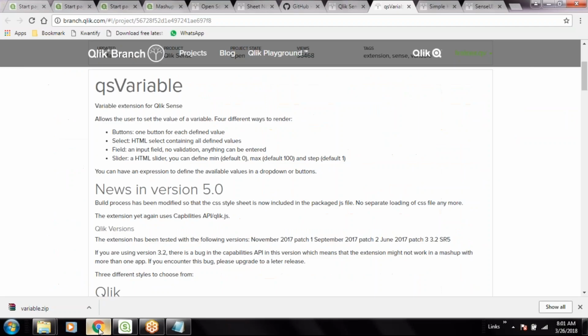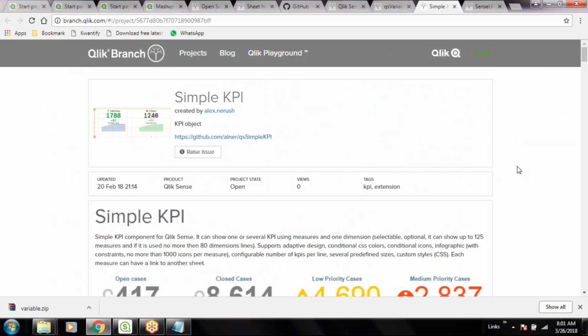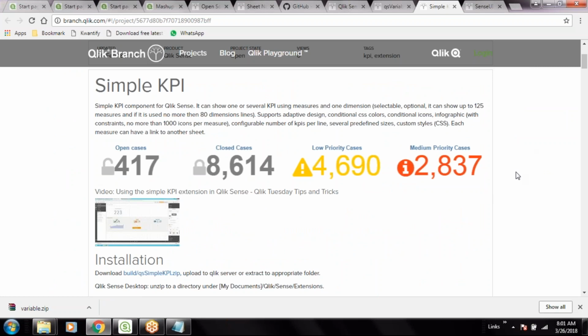Okay, we'll just prepare some extensions tomorrow. I'll try to consume them in the sections, hypercubes, because the JavaScript code can be directly written in the hypercubes to create something here, or else the extension can be added to this Qlik Sense desktop, and while creating a mashup, you can use it. It will take some time to do this. I'll prepare some extensions and just describe them. And if possible, can you